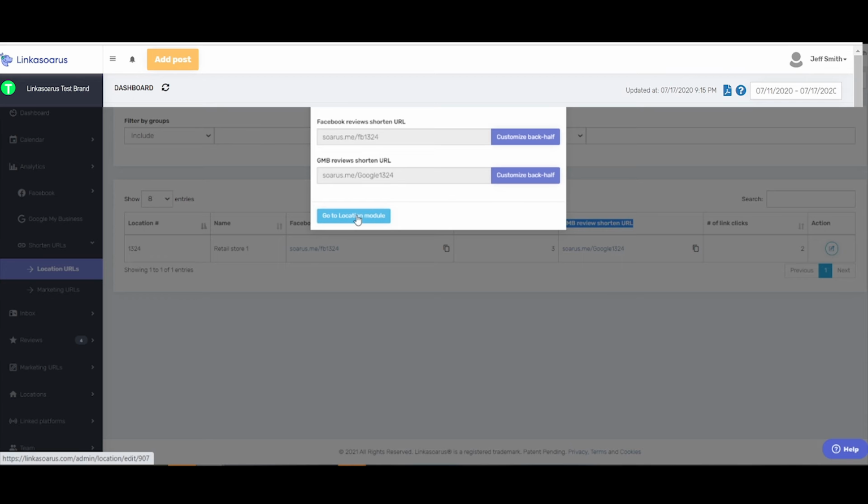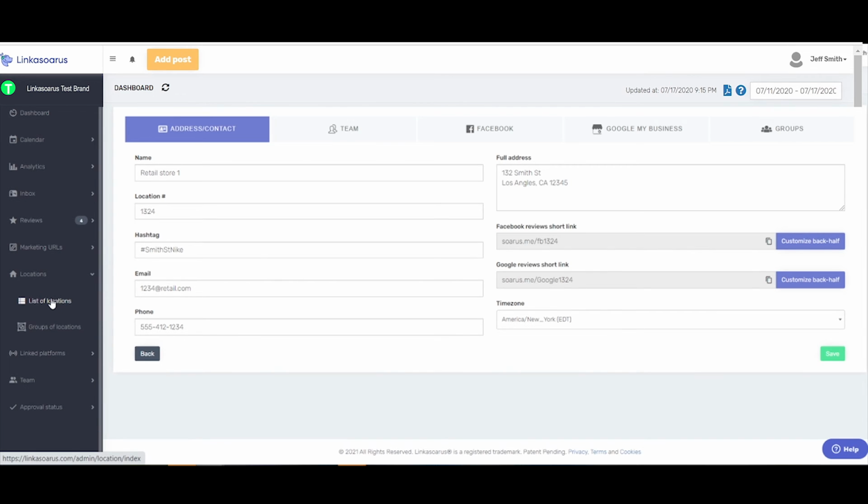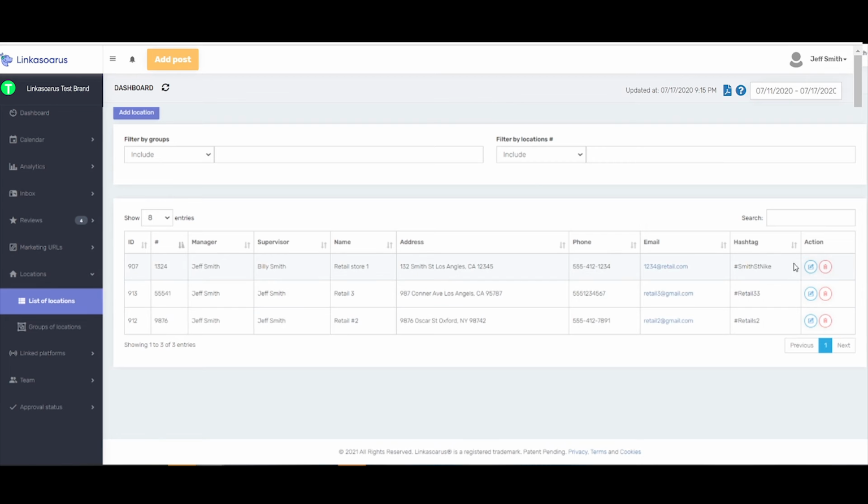So you would go to location module, and it's going to bring you here. It's going to default to the location that's set up for that one that you've selected. Otherwise, if you come over here to location, go to list of locations, and then you would have them right here. So then what you could do is click your edit,